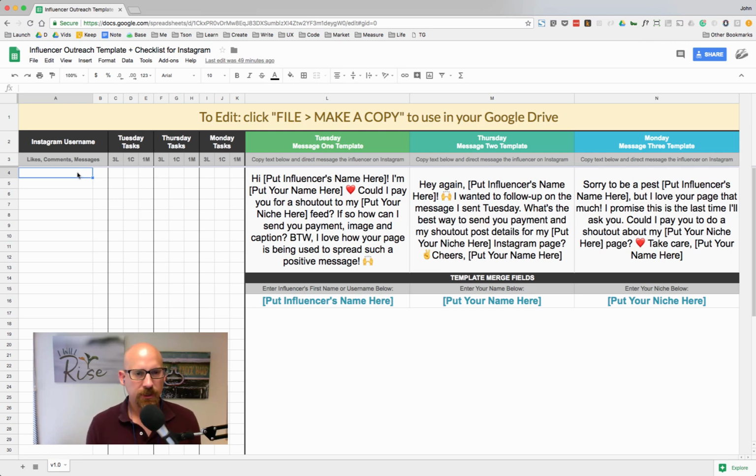So the purpose of this spreadsheet is really for those influencers who you can't find on an influencer marketplace like Thomason. Maybe they're not on an influencer marketplace, or they just don't want to be bothered or contacted, but you know that you want to get a post onto their feed because their audience is highly relevant to your audience, and it would bring you a lot more followers if you could post on their feed, or a lot more sales. So one of the ways to engage with those influencers and get their attention is to send them direct messages and engage with their feed, and then follow up a couple different times so that you show them how serious they are, and eventually you will get their attention.